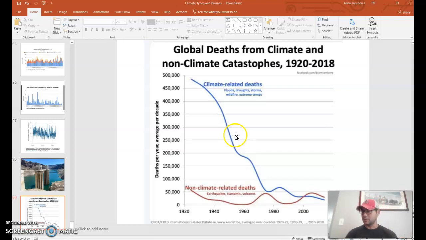So for example, if you take a country like the Philippines, and let's say a typhoon rolls by the Philippines, if people have sturdier